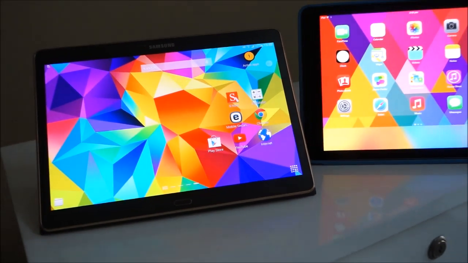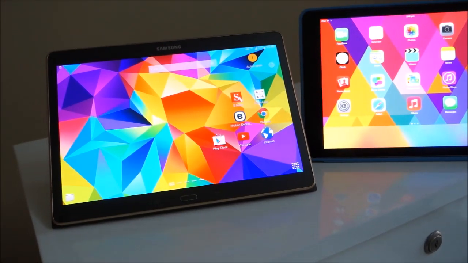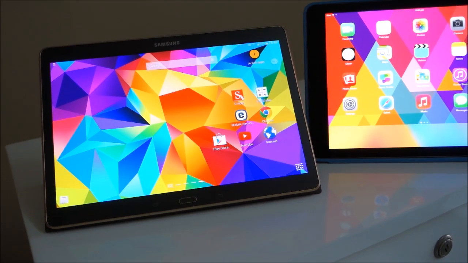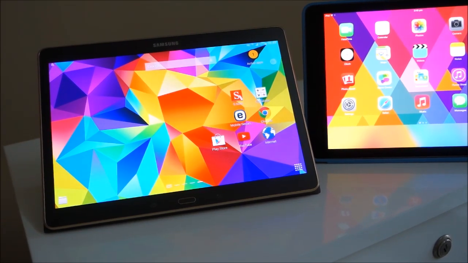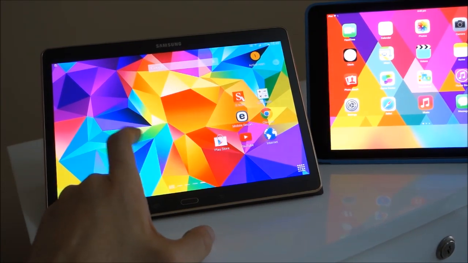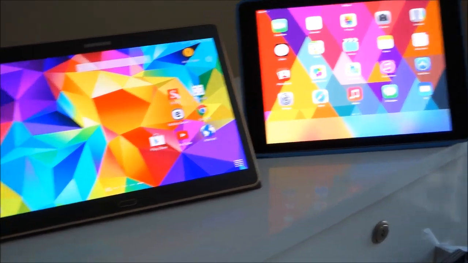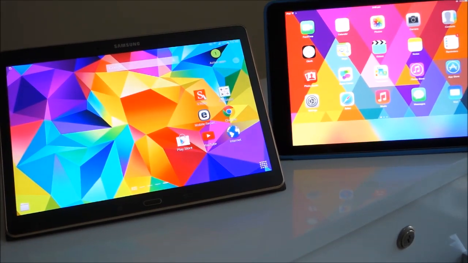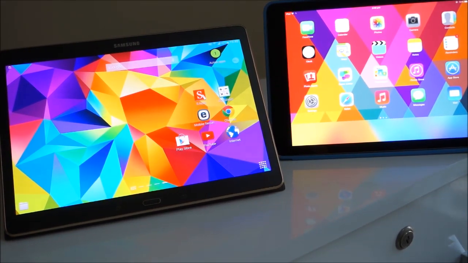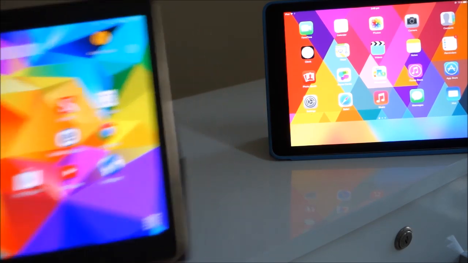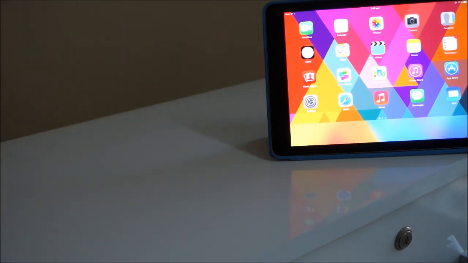So basically, if you compare, with the Retina display you get more natural colors from the iPad Air, whereas the Tab S is more vivid, and the colors pop out a lot. The reds are deeper and the blacks are deeper as well. So all the colors really pop out on that Super AMOLED screen, and watching videos is just beautiful on